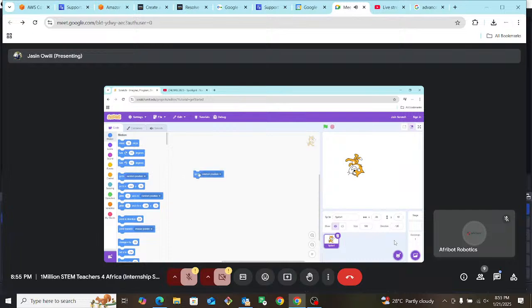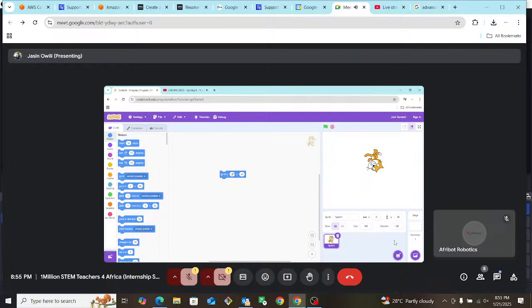You can also instruct your sprite to go to a random position, and you can see my sprite is moving to a random position. You can make it go to a fixed position. For example, if I put my sprite there and I say go to X Y, you can see it's not moving anywhere because the coordinate is already at 4 and 40. Okay, so if I was to drag this here and say 8, okay, 8 and 40, what will happen?